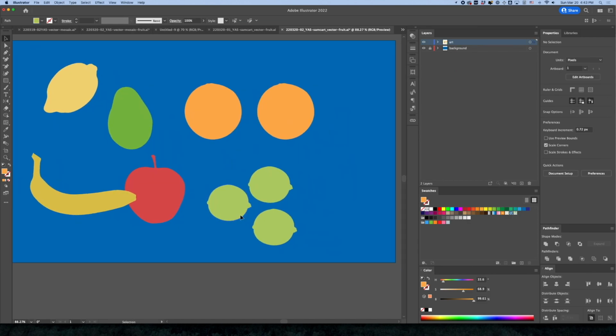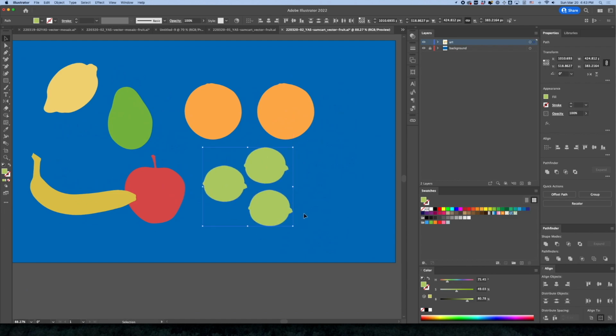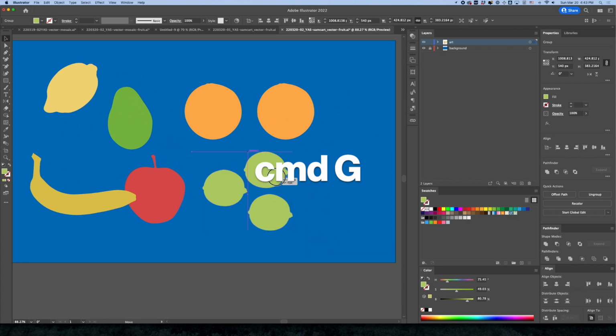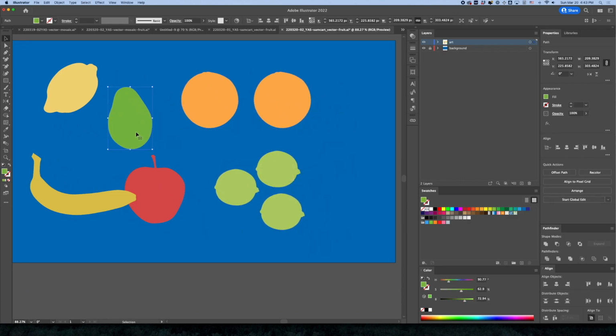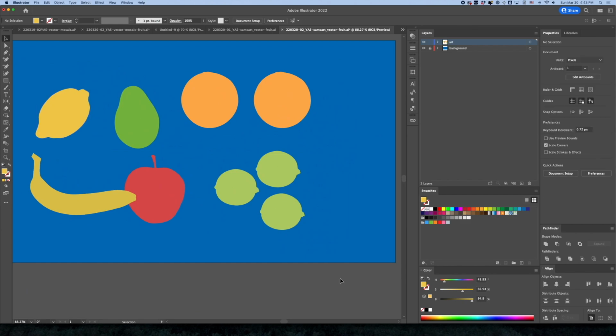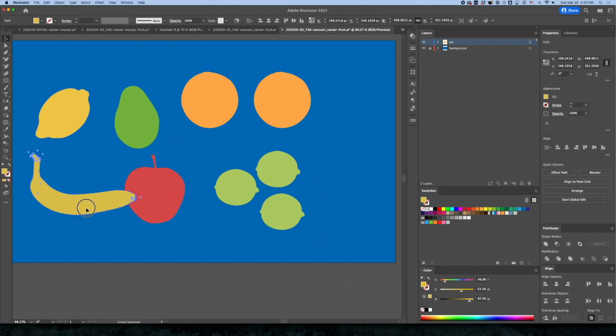That's lovely. So holding down 3 together and moving them around, we can hit the Command G to group them. I can group my oranges so they stay together. And I have my fruit ready to make into some kind of